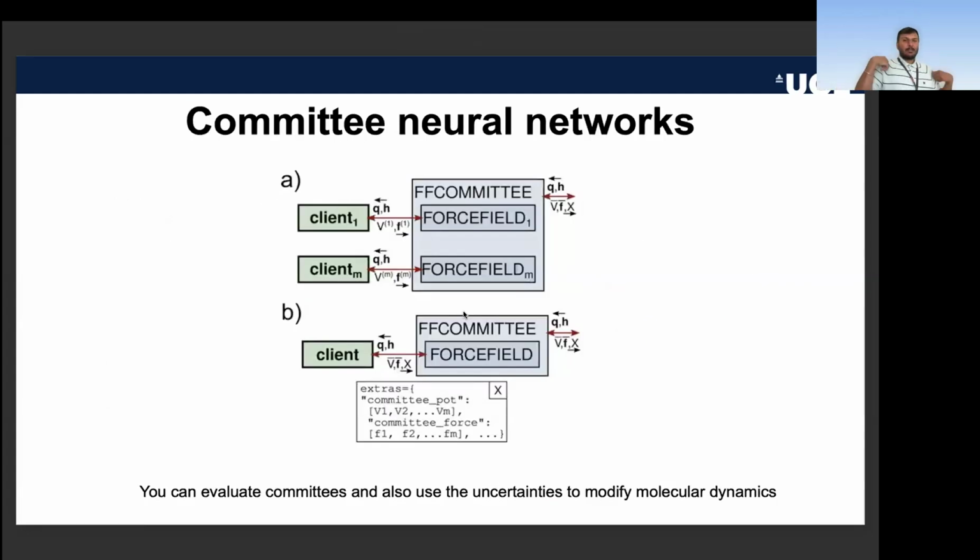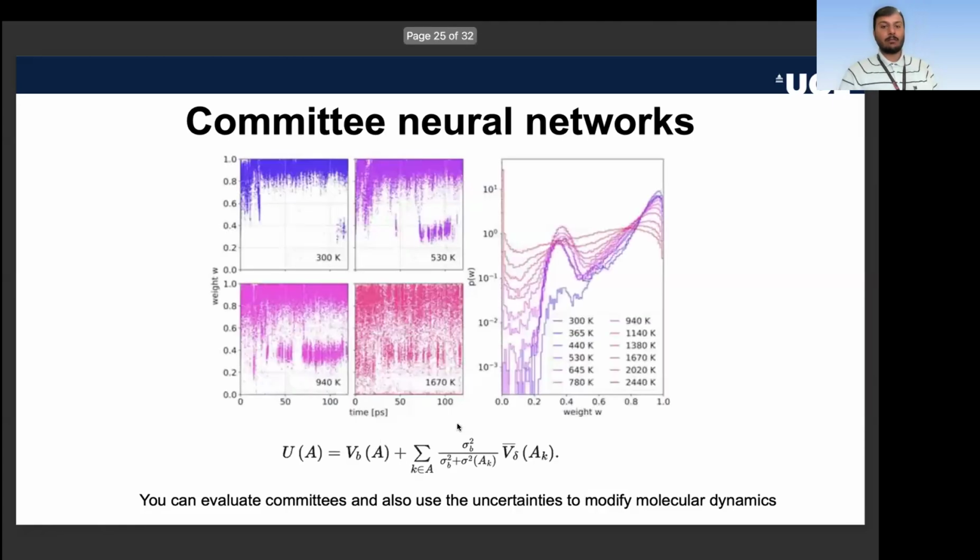Another thing that we have in i-PI is making it more customized to machine learning potentials. So there is a functionality to be able to do committee neural networks. If you provide n neural networks, it will actually compute the mean. But it will also pass on the uncertainties in forces or energies or stresses. And with that, you can do some interesting things. For example, you can construct a simulation in which your potential comprises a baseline which you know is going to work,